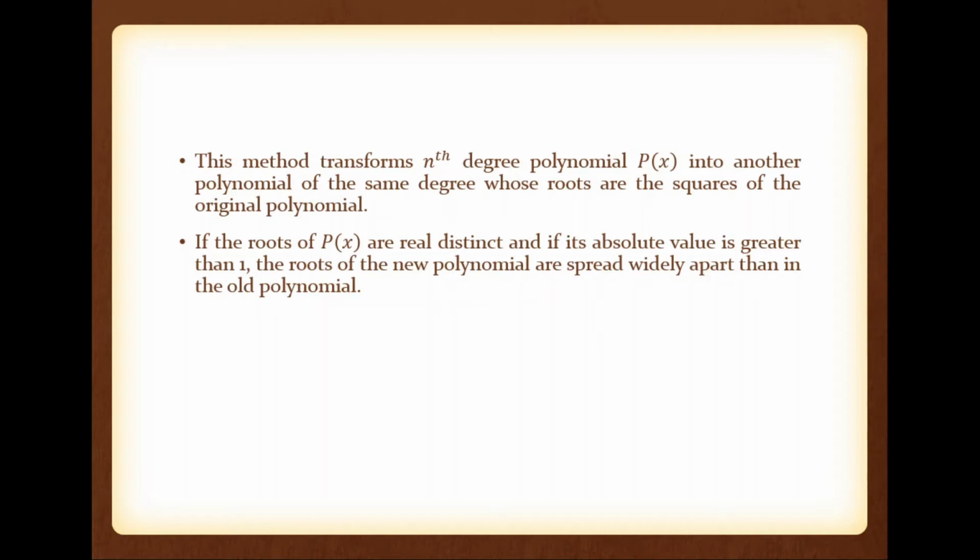Please note, by using coefficients we can find the root if the roots are separated or far away from the remaining roots. But please note, we can find the roots by using the Gauss method if the magnitude of the roots is greater than 1. Otherwise we can't find it, and it must have distinct real roots. Otherwise we can't apply Gauss root squaring. Okay.